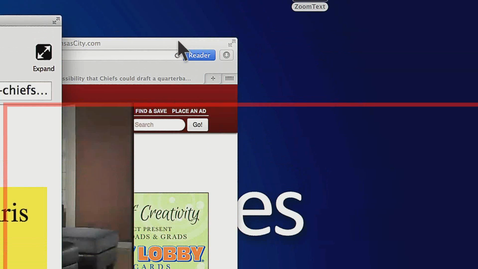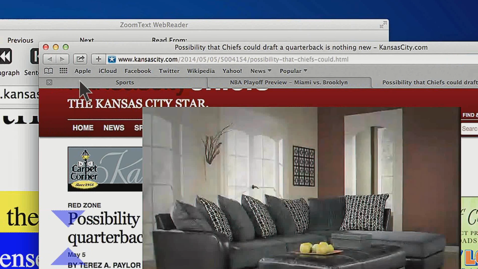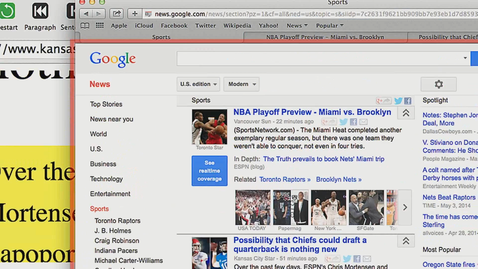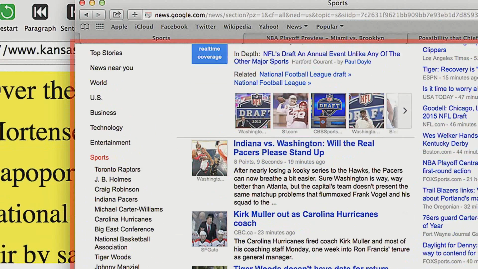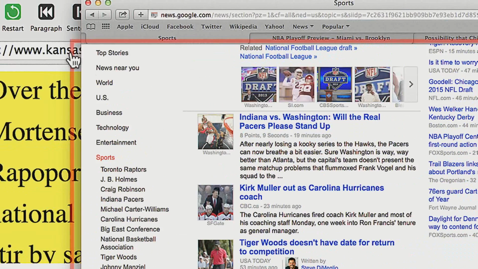Over the past few days, ESPN's Chris Mortensen and NFL.com's Ian Rappaport, a pair of respected national reporters, caused a